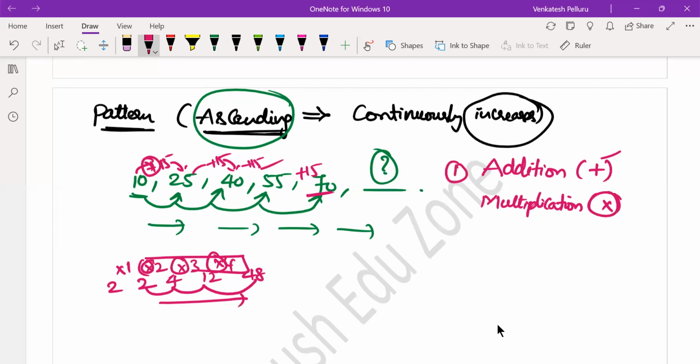This is the first possibility, this is the second possibility, and the third possibility is I can use multiplication along with addition. So to get the second number from the first number, I will multiply as well as